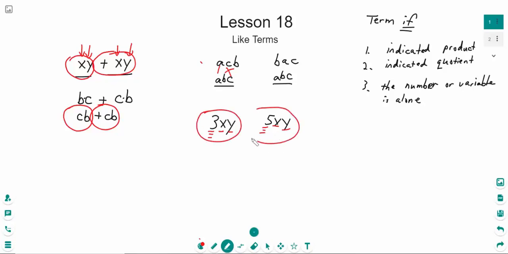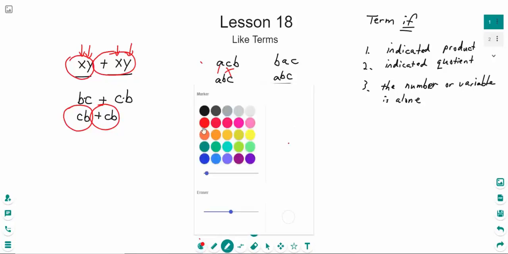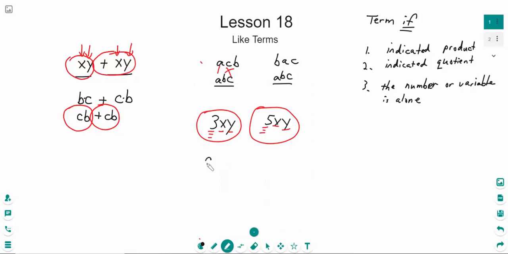They are like terms. Why? Because the variables are the same. They both have the xy. All right? Therefore, they are like terms. So how about if I were to give you something like this? Let's go back to the black here. What if I give you